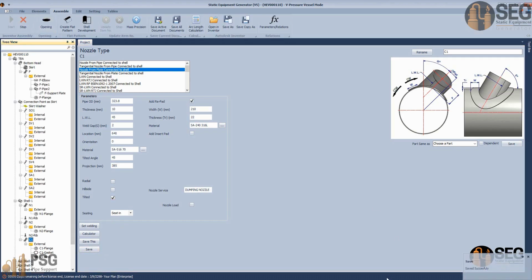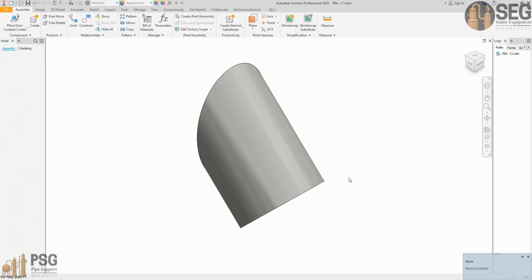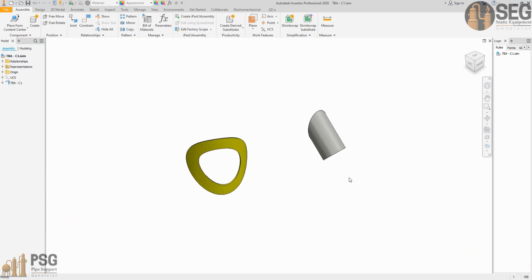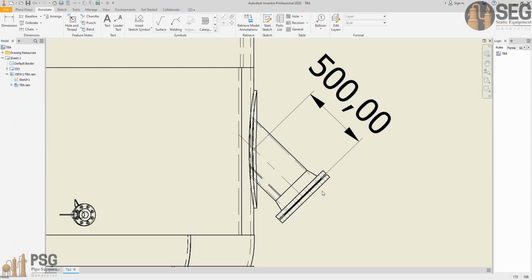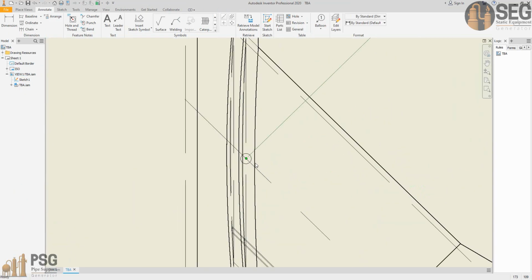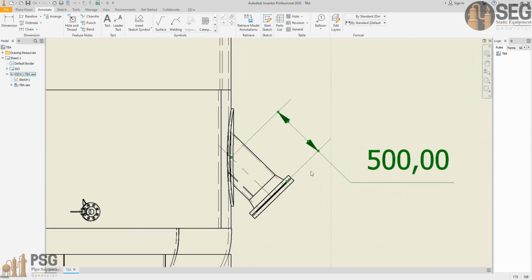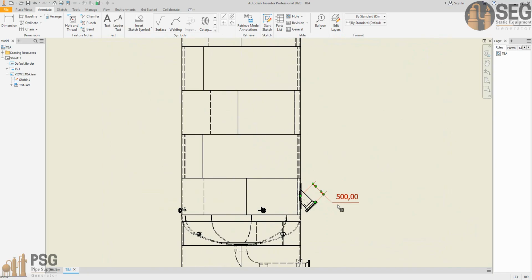Okay, and now let's start the assembly to start modifying the nozzle by adding a rebed to this nozzle and changing the projection of this pipe to make the final projection 500 millimeters. Now let's check the drawing again. As you can see, the projection is updated to 500 millimeters from the outside surface of the shell to the facing of the flange. Now let's add another